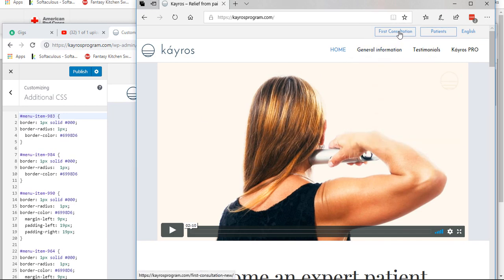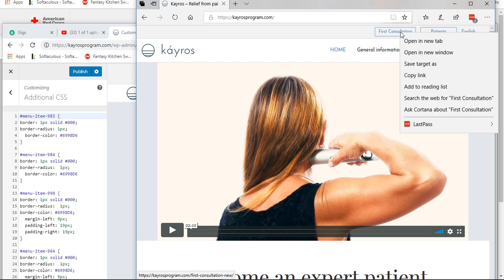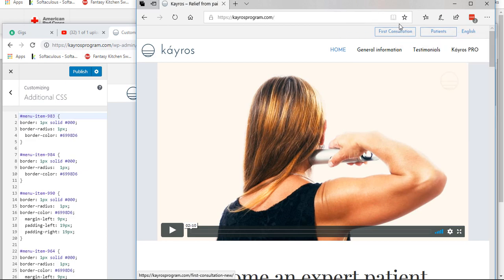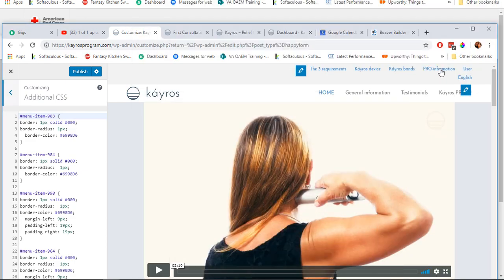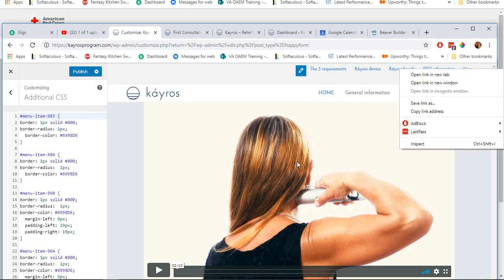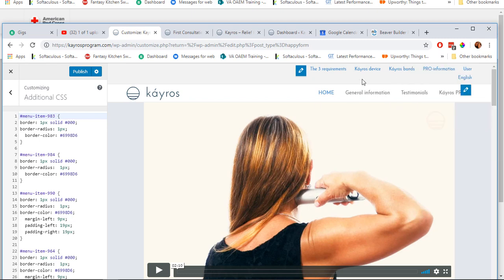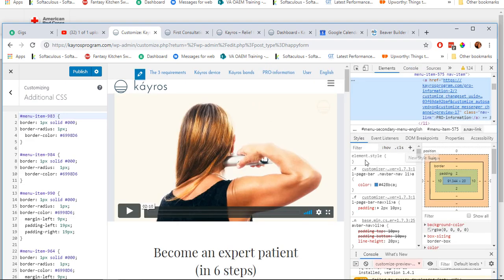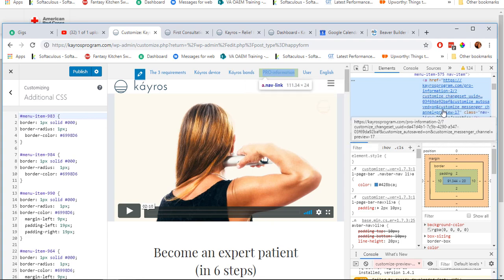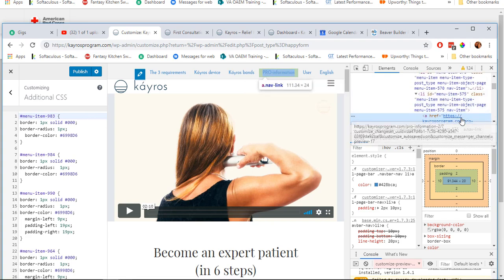So basically, if you want to change something on the box, you right-click on the box. I'm in Chrome, by the way. Let's say you want to change this pro information, add a box around that. Right-click on it, click Inspect. That'll put me to CSS, to the actual back of the information. And you'll see